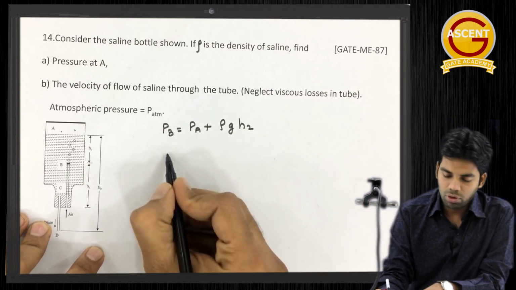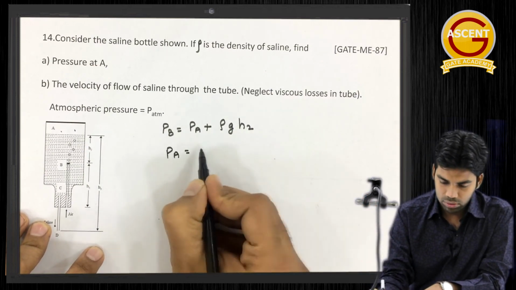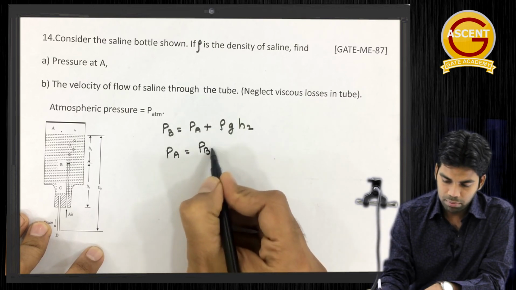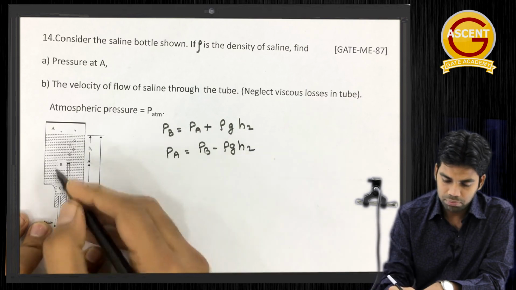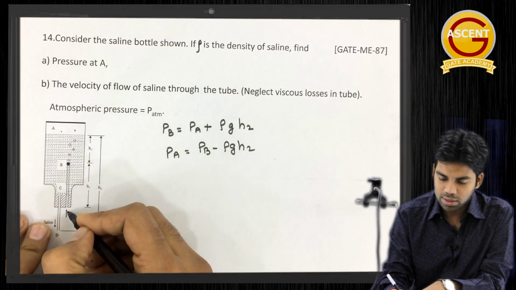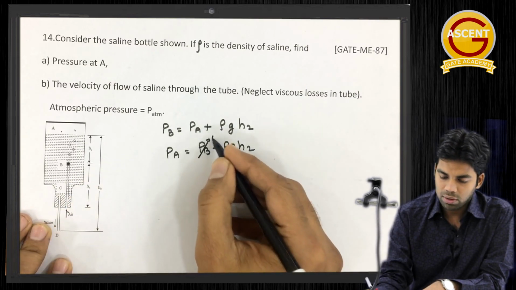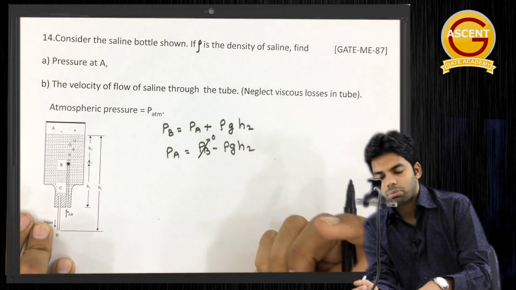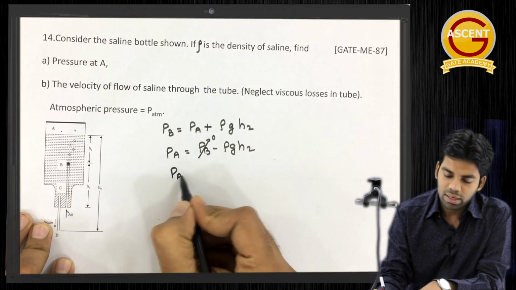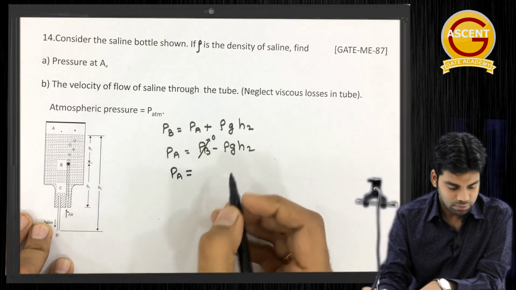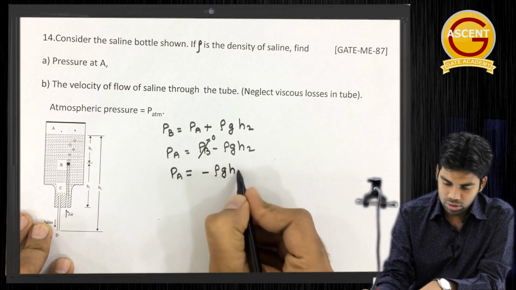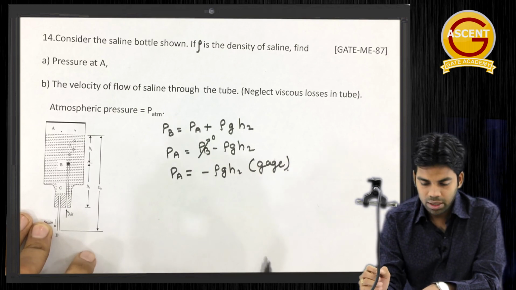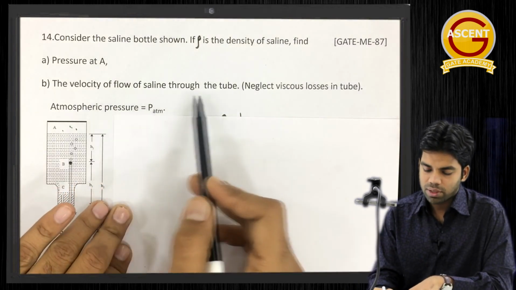Getting this? Okay, so from here this Pa, the pressure at point A that we have to determine, will be equal to Pb minus rho g S2. Now point B is exposed to atmosphere, as you can see. So this Pb will be equal to 0, gauge pressure at B will be equal to 0, that means the pressure is equal to the atmospheric pressure. So whatever pressure we are getting for A is nothing but gauge pressure, which is equal to minus rho g S2, this much gauge pressure. Getting this? First thing.